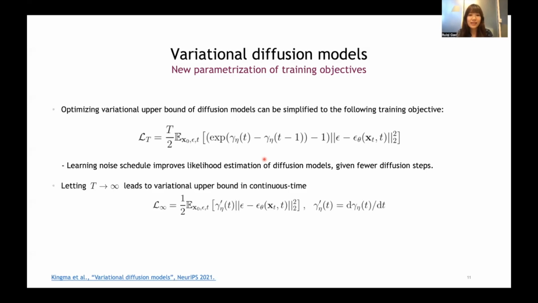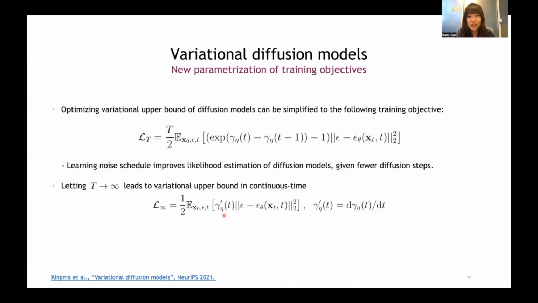Recall that in the second part, we learned that diffusion models can be interpreted from the perspective of stochastic differential equations, and we learned the connection between diffusion models and denoising score matching. That gives us a hint that diffusion models can also be defined in the continuous time setting. And in this paper, they explicitly derive this variational upper bound in the continuous time setting